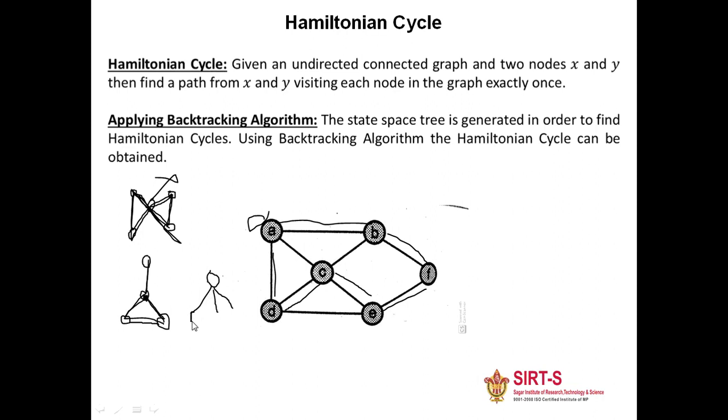So if I write B here, C here, and D here, what do we do? If in any path we get stuck, we'll have to backtrack. Again we'll come back here, and again we'll have to backtrack. We'll see this in the example itself. Hope this definition is clear to you. What we are going to do is start from A, traverse each node only once, and come back to this node itself. So let's see an example.